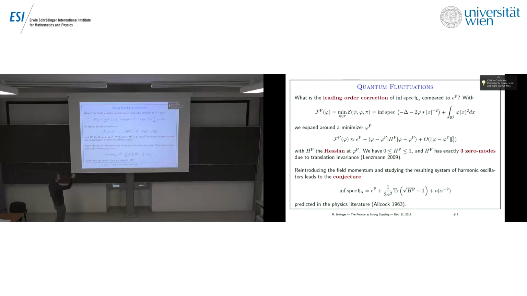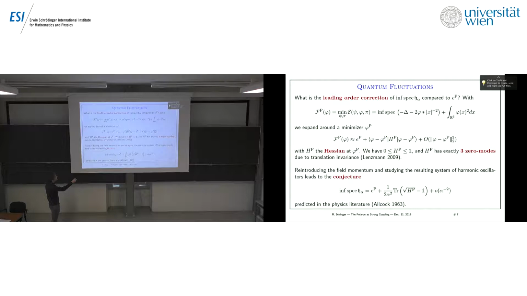So this is sort of a Pekar functional, the Pekar functional of the polarization field where the electron has been integrated out, the other way around from before, right? And now, of course, if we minimize this over phi, we get the same as before, right? If we minimize this over phi, we get the Pekar energy. But let's not just minimize, let's actually expand around the minimum. Okay? So there will be a minimizer, I call it phi_P for Pekar, right? Actually, there will be many because you have translation invariance, but you just pick one of them, and then you expand to quadratic order around the minimum,